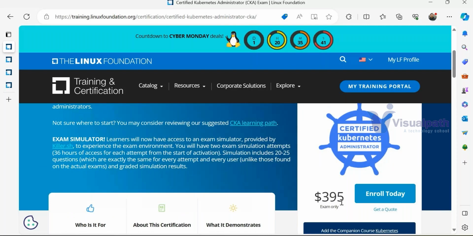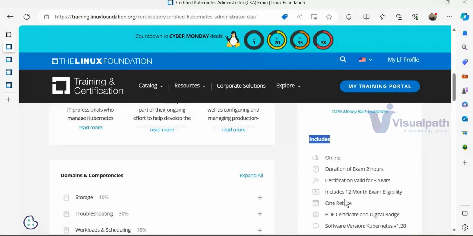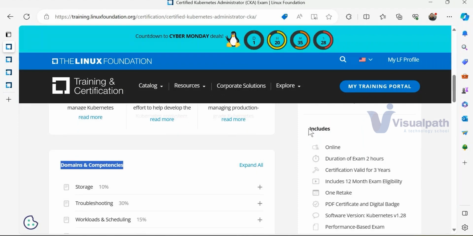Now, what all things will be covered? Let's understand, then we will talk about all the course and how we are going to do it. I will go to the left-hand side a little later, but let me give you what all things are covered here. Because we are going to complete the CKA in our complete Kubernetes training, covering all these certification topics, and we'll prepare you for that.